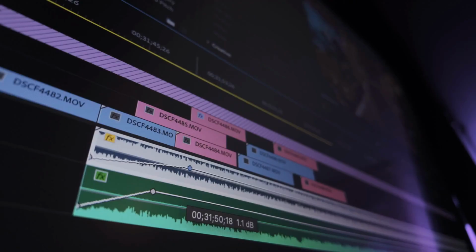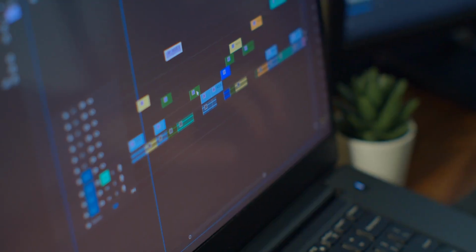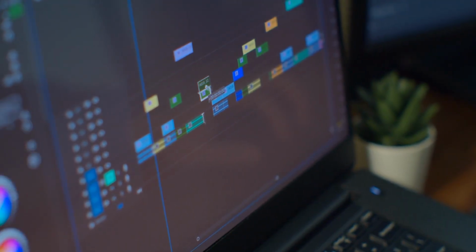You click a sentence in the transcript on the left to jump right to that moment in the video instantly. Want to cut out a long pause or a filler word like "um"? Just highlight it in the text and delete it from the edit. Fine-tuning your trims and making small cuts is easy with visible handles and a clear waveform display. The whole idea is to let you edit the video as if you were simply editing a document, which